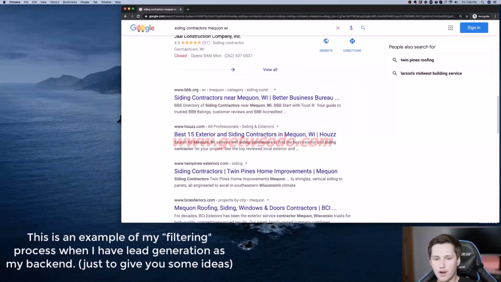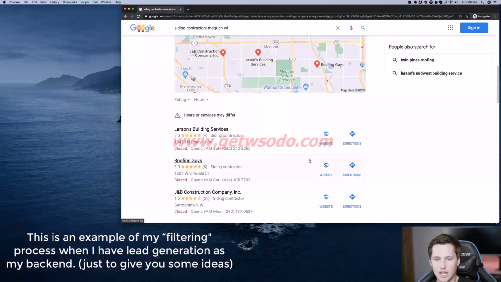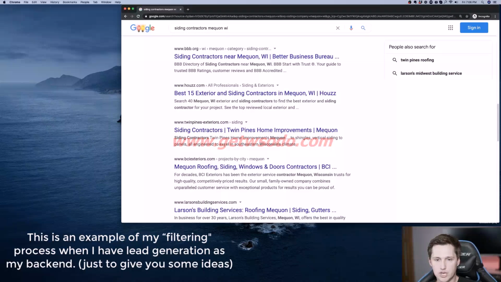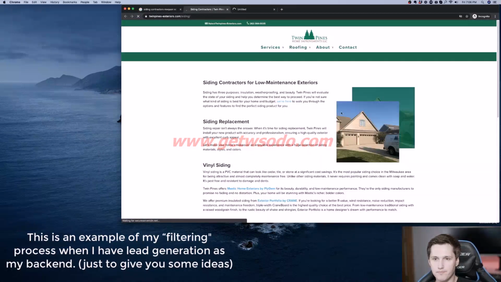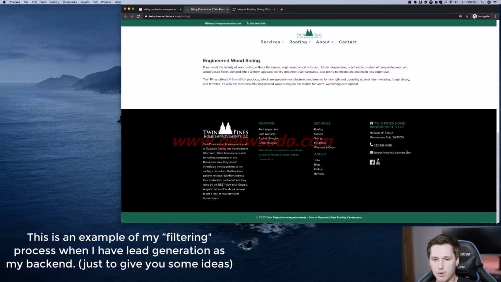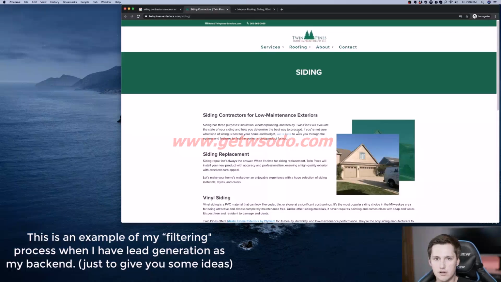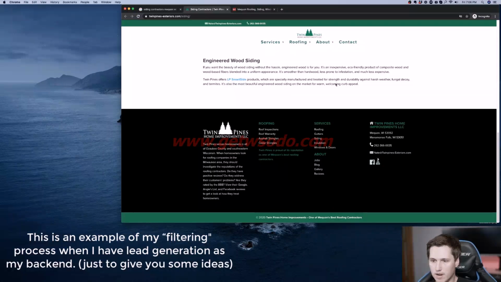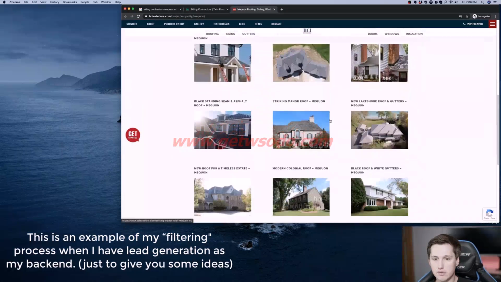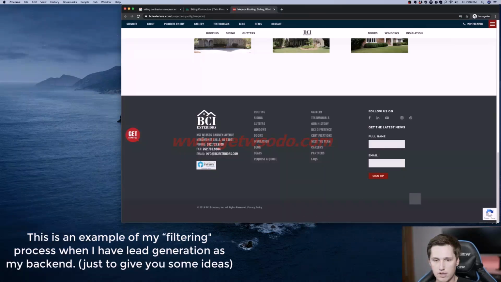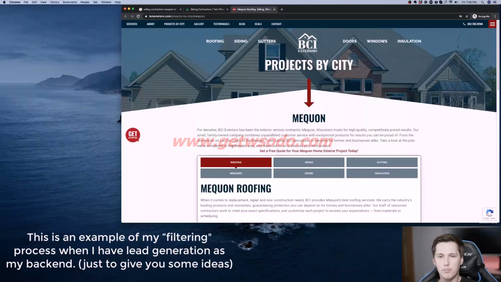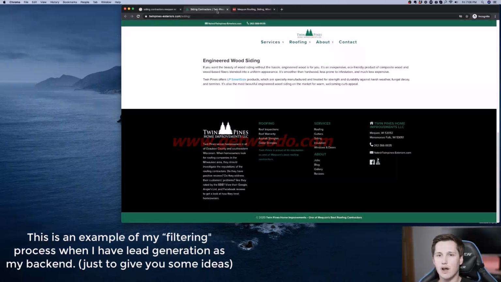But if I come through here and I see they don't have much competition, I start looking at their competition. So we've got this company. I'm just opening up their website and trying to get a look at what these companies are. These guys are actually located right within Menominee Falls, so they're not even in the same city. This one is in the same city though. This one, oh no, this one's in Menominee Falls too. So both of the competition are in a different town. That right away signals to me maybe the competition's not that bad here.